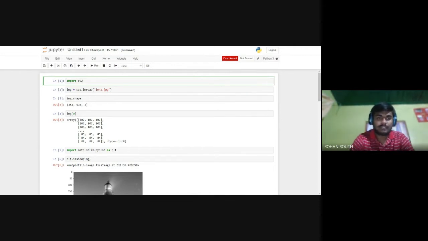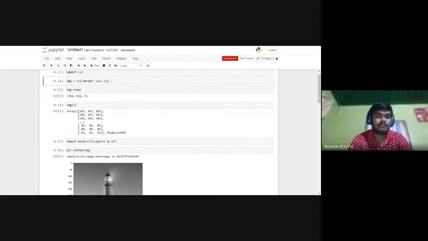In the second tab, we have stored the image using the cv2.imread statement. What it does is it reads the image, converts it into an array, and stores it in the variable image. Using image.shape, we have taken out the shape of the image.